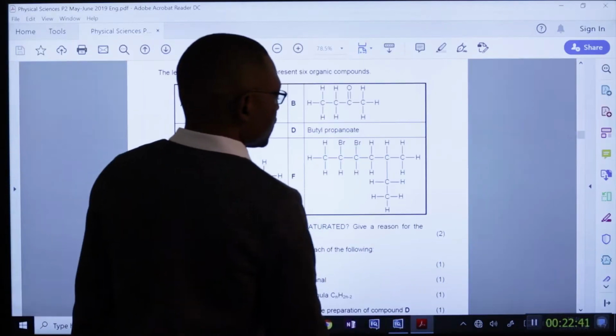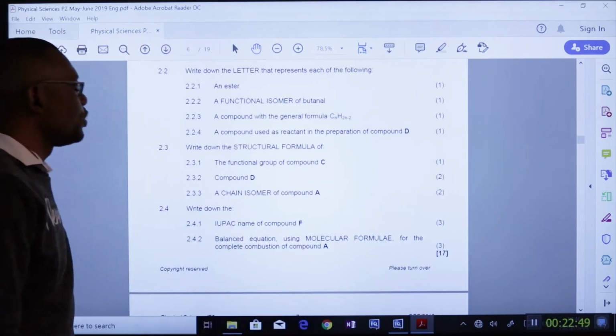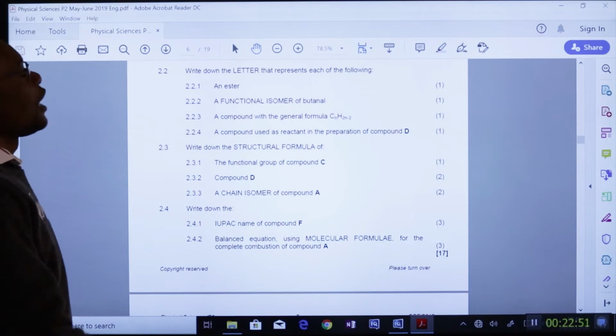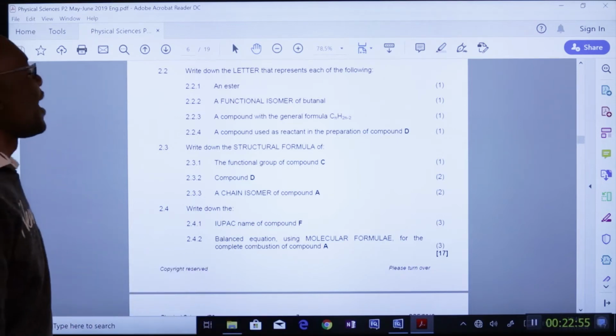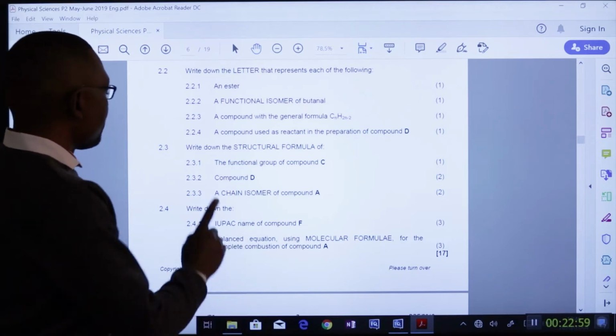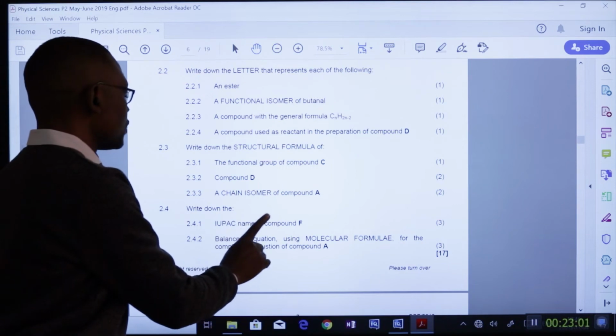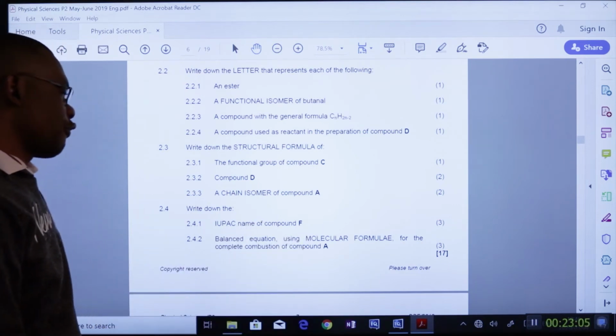Okay, so yes, for 3 marks we gave the IUPAC name of compound F as 2,3-dibromo-5-methylheptane. Okay, so we are saying, write down the balanced equation using molecular formula for the complete combustion of